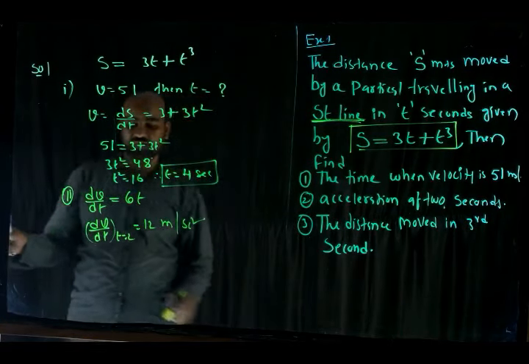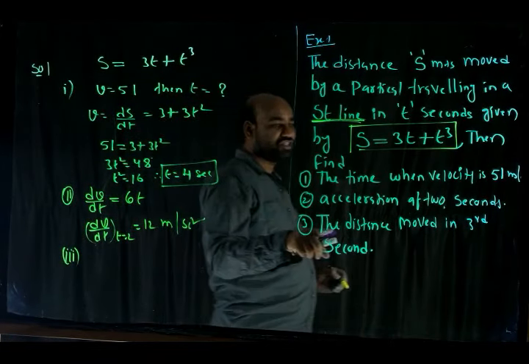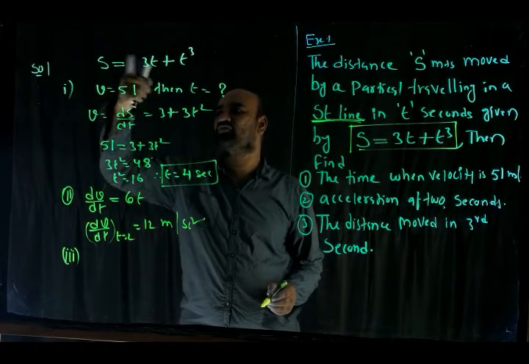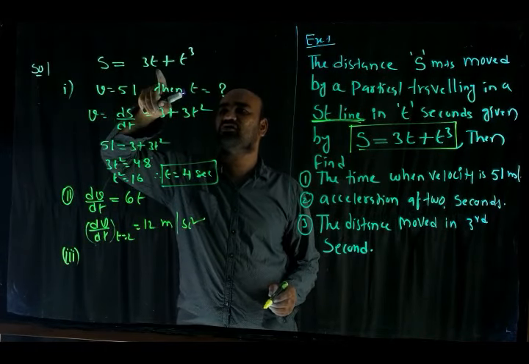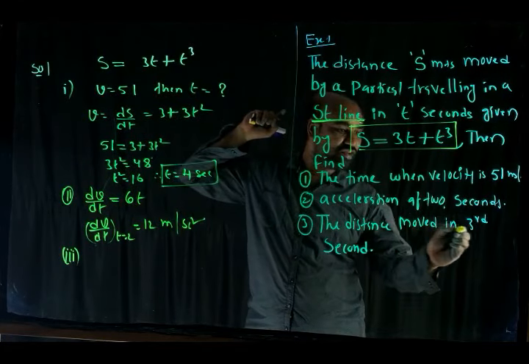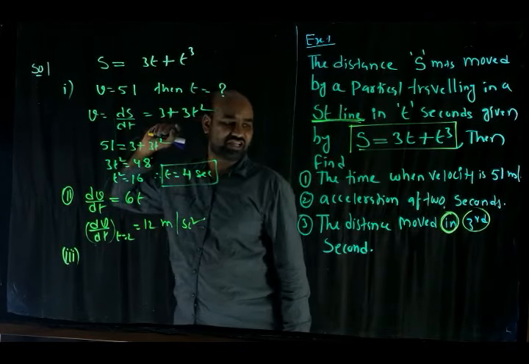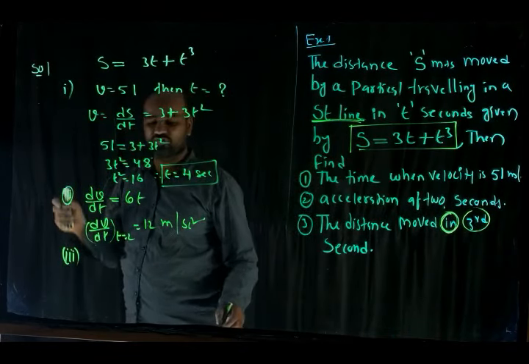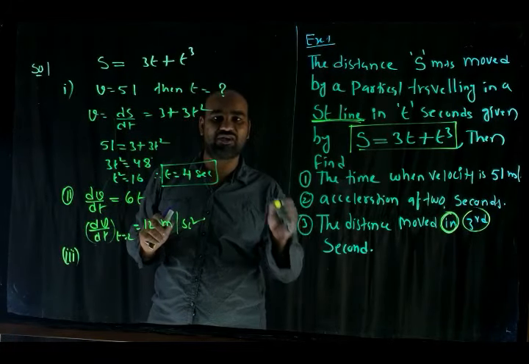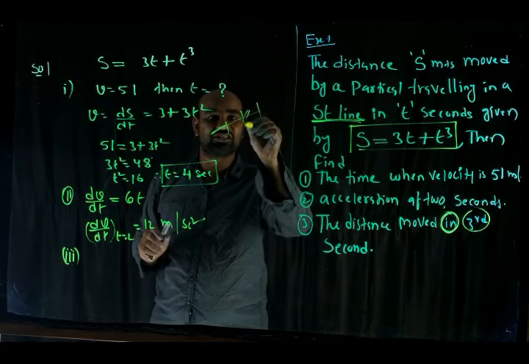Okay. Next, third one. Interesting one. The distance moved. This is the formula. T is 1 means the distance moved in 1 second. T equal to 2 means the distance traveled in 2 seconds, like that. But the question is the distance moved in the third second. In the third second means we should find S3 minus S2. Especially in the third second, how much distance is traveled? In 1 second this distance, in 2 seconds this distance, in the third second this distance. This distance you want to find.